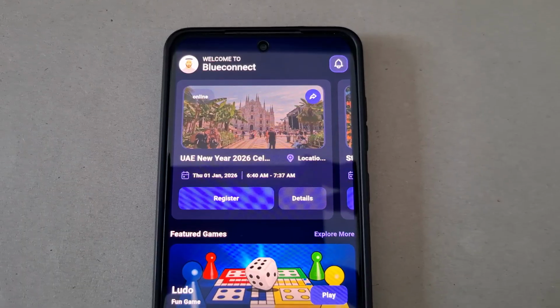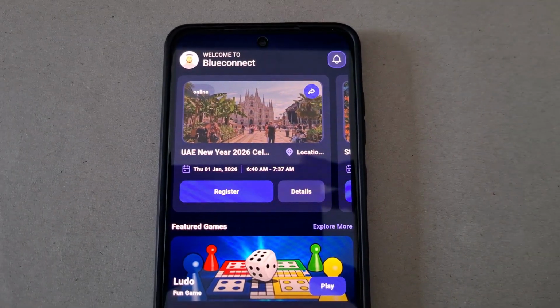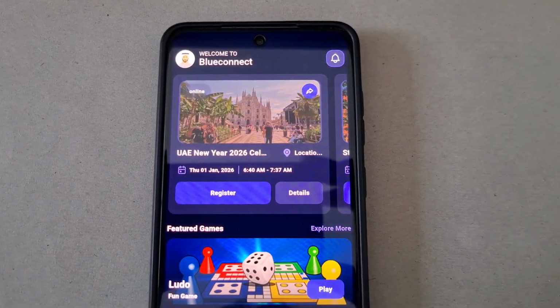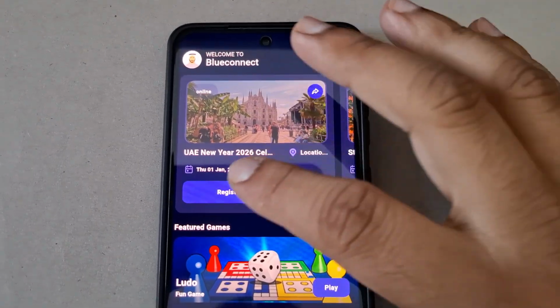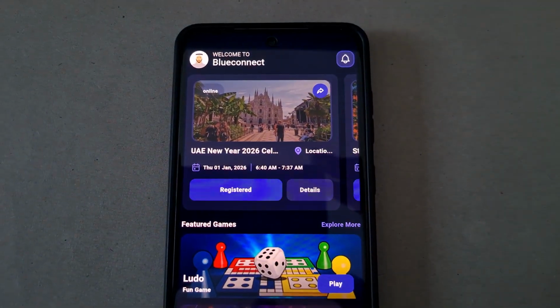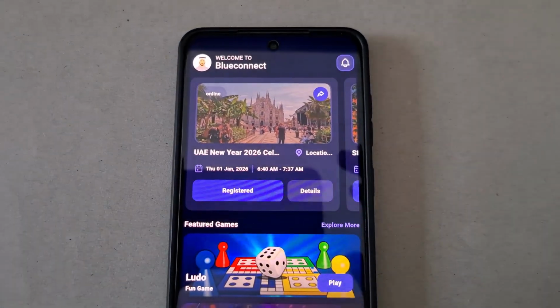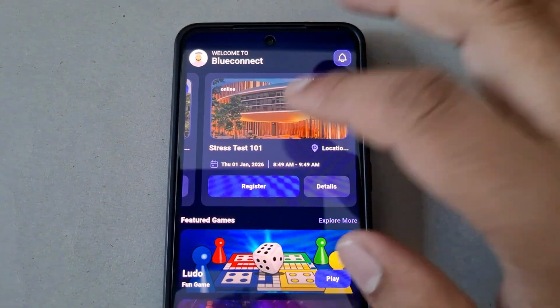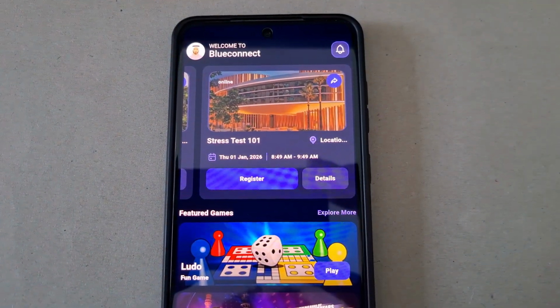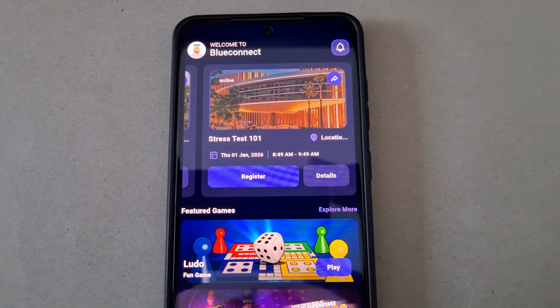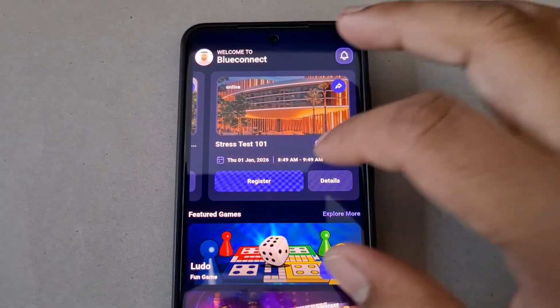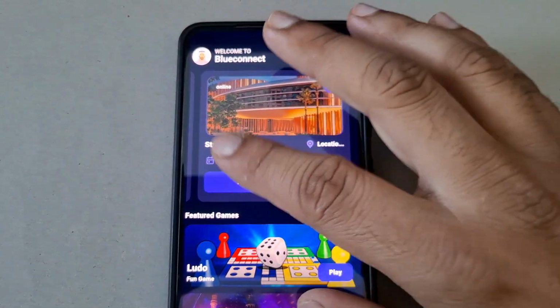The first thing it shows here, UAE New Year 2026, and it is asking to register for this event. So without delaying, we'll just register ourselves, and we have successfully registered. The next event is Stress Test 101, which is happening on Thursday, 1st January 2026. We can also register here. Okay,